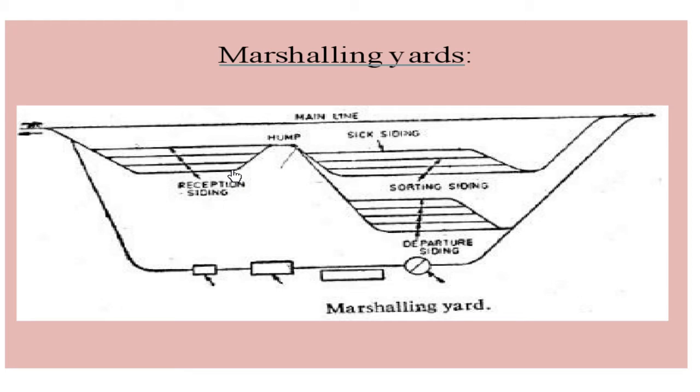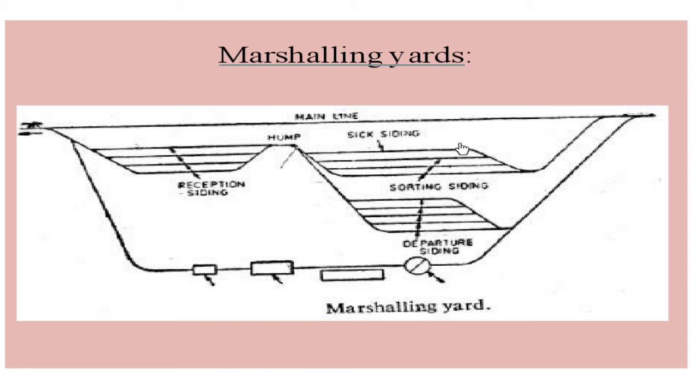Siding means the set of parallel tracks which are being laid, and here the trains are allowed to wait for their turn to come, because next to this reception siding you will be having the sorting siding. Sorting siding is mainly meant for the shunting process, or for the distribution of coaches to which destination it has to go, or that complete attaching and detaching of coaches will be happening in the sorting siding.